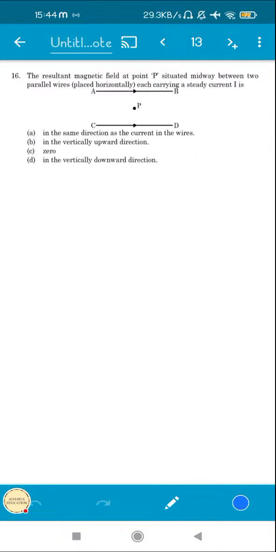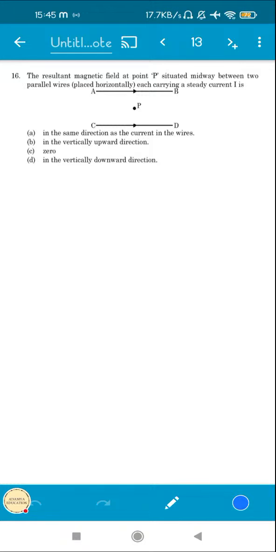The last question of today. This is again a very simple one. Read the question very clearly, you'll be able to understand. The resultant magnetic field at point P, situated midway between two parallel wires placed horizontally, each carrying a steady current I, is... You see that both the currents are moving in the same direction, and also point P is situated